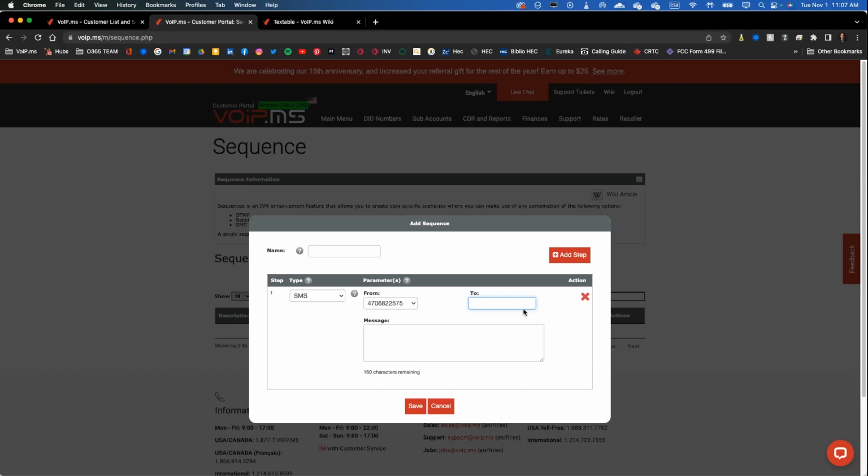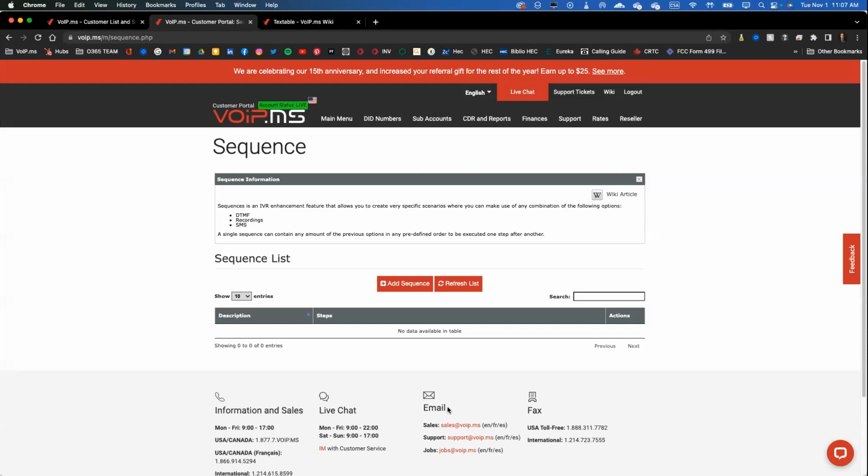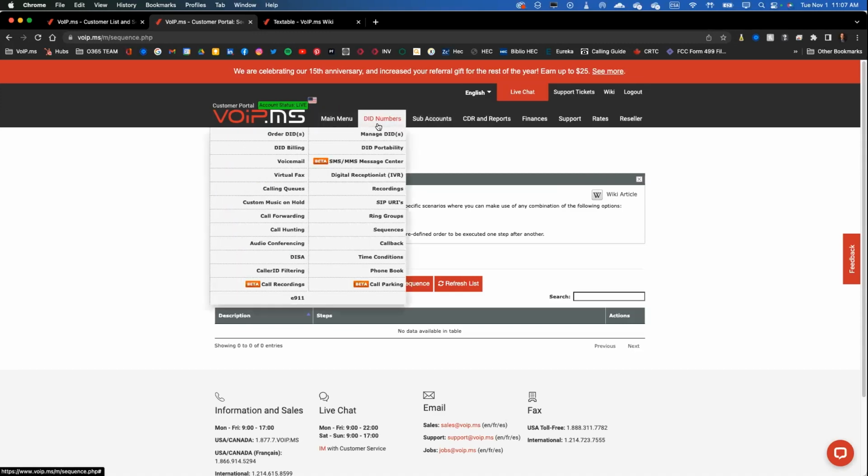And because this message is sent from a supported Textable DID, the conversation will also be carried into Textable at the same time, because the SMS will go out at the same time. So it's a sequence. It's one of the good features that we are offering in combination with the VoIP services and SMS. So basically, if you combine VoIP.ms and Textable, you have a complete contact center.